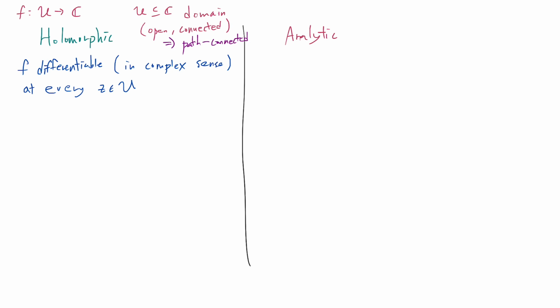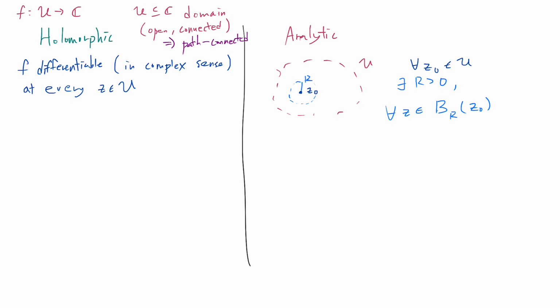Just to draw it out, you have some U being an open subset of C here, and no matter what c naught I pick in U, what we have is a positive radius of convergence, and the key here is that it's positive, non-zero. So we have some sort of disk like this, with radius r greater than 0, such that no matter what number I pick within this ball of radius r centered at c naught, and I'm just using this notation for the open ball of radius r centered at c naught,